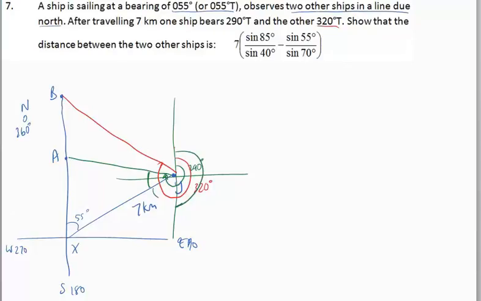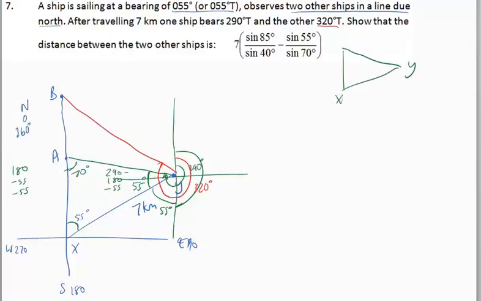Using our alternate angles here, this will be 55 degrees to match this one here. So our angle here will be 290 minus 180 minus 55 degrees. And that will give us an angle of 55 degrees here. So now we can work out this angle here will be 180 degrees minus 55 degrees is equal to 70 degrees here. So if we separate this triangle out, just to make it a little bit clearer,